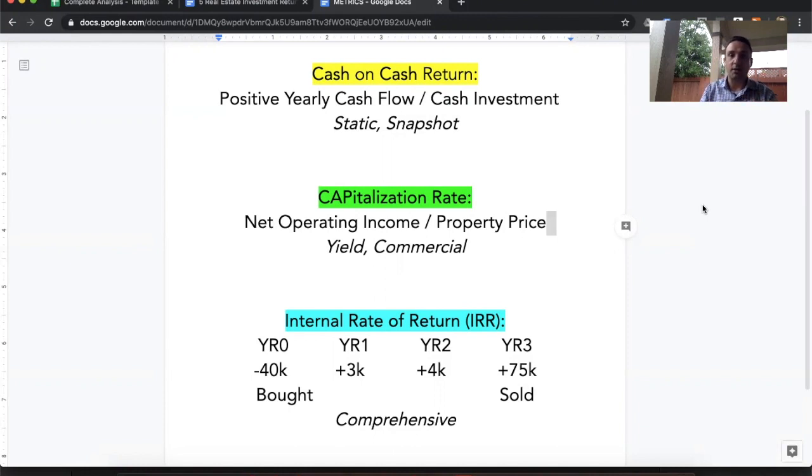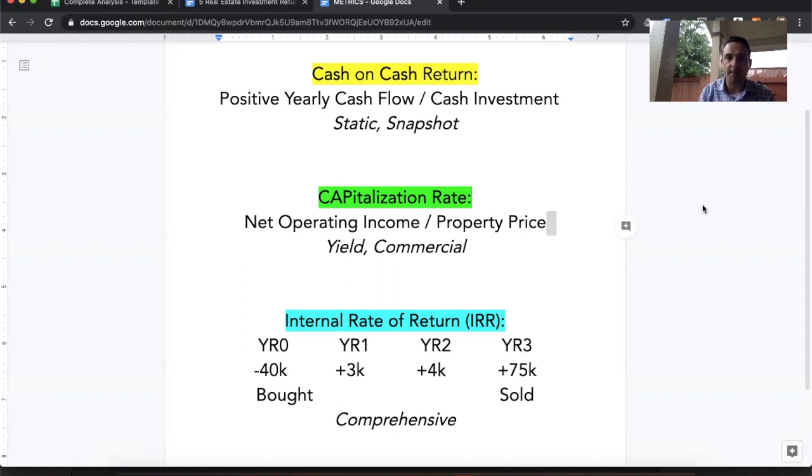And you could see a scenario where you could have a property that has really good equity, meaning you could capture a bunch of equity on the purchase, but for whatever reason, the price to rent ratio is such that the property doesn't produce a very good cash on cash return. So you could have really good equity capture, really good property appreciation rates, but because of the lower cash on cash return, you could pass on a property that overall could provide really solid returns. So it's simple, it's easy. You should probably calculate it, but making purchasing decisions on cash returns is short sighted because it's a very static